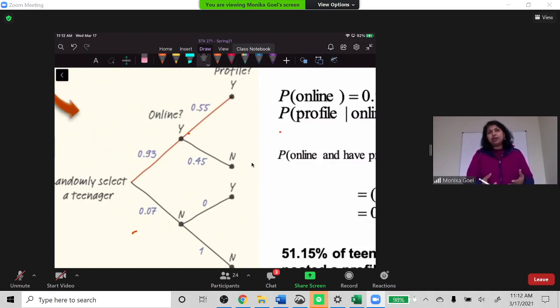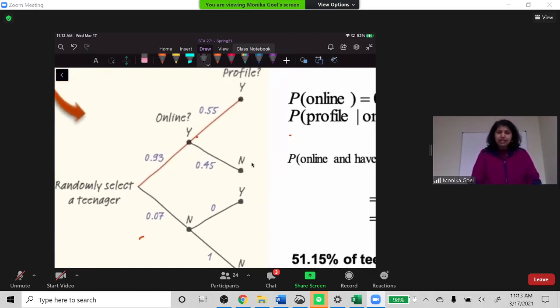But again, you don't have to work with the tree diagram. You can use a table also. Or if the table is given and you want to work with the tree diagram, you can make your tree diagram and work with that. In your homework assignment, there are two questions. I think it's question number 18 and 19, and the tables are given to you. You can work with the table or you can make the tree diagram. And if we have time towards the end of this class, I will go over questions number 17, 18, and 19. And if I forget, remind me around 11:30ish, and I will go over that.